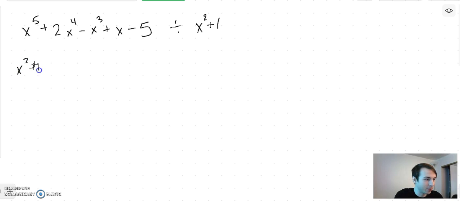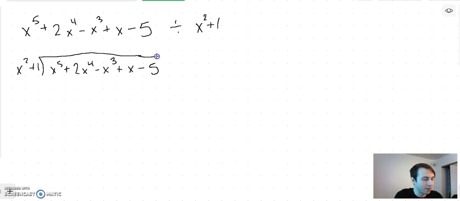X squared plus 1 goes into x to the 5th plus 2x to the 4th minus x cubed plus x minus 5. Alright, so we'll just start it off. So how many times does x squared go into x to the 5th? Well, that's x cubed. And x cubed times this is x to the 5th plus